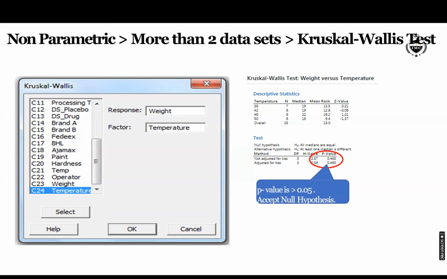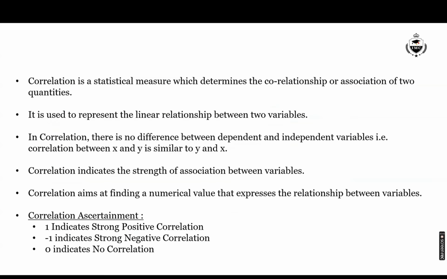The second option says if the reality is not null but proven null, it's a type 2 error or a beta error. The type 1 error, the alpha error, is the biggest mistake because in that case, you are killing an innocent person, hanging him till death. But in the second case, the reality is not null, that means he is actually guilty, but proven innocent. He's set free. It is also a wrong judgment, but it is not so dangerous because you are not killing an innocent person. So it is called a beta error or a type 2 error.